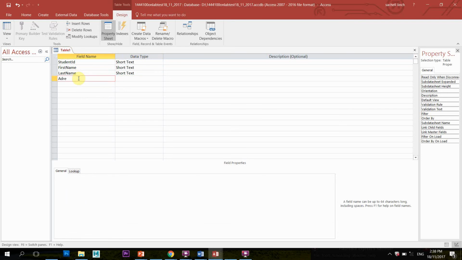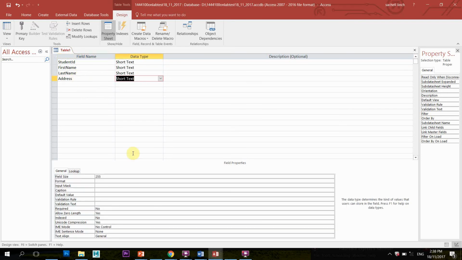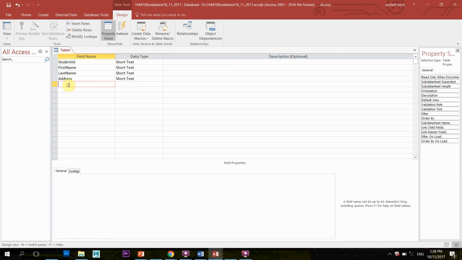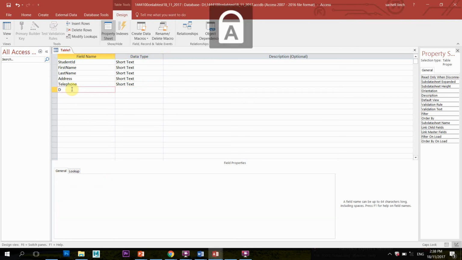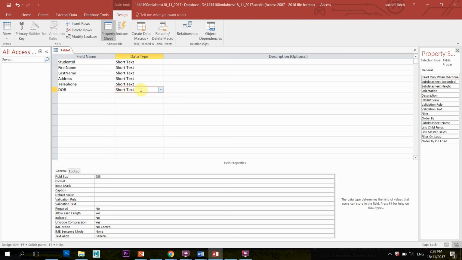Add in the address, which is supposed to be 25, telephone, which is 12. Then we're going to be adding DOB, which will be date,